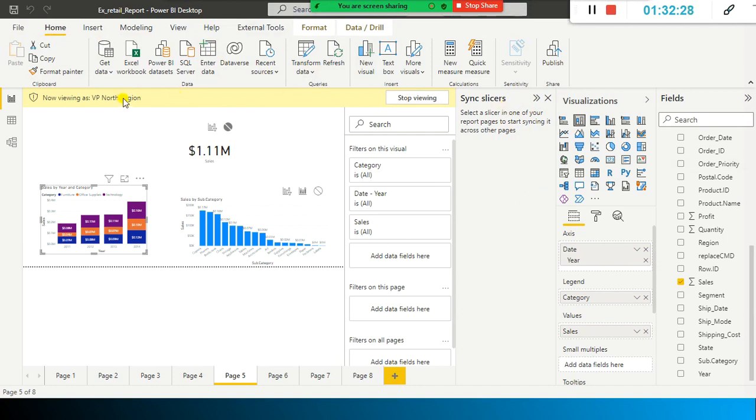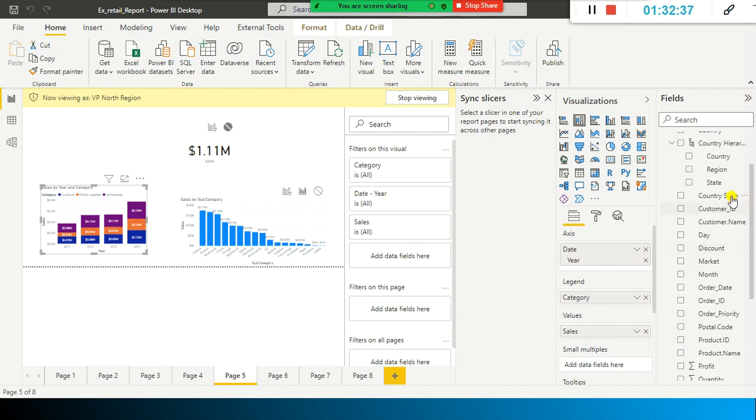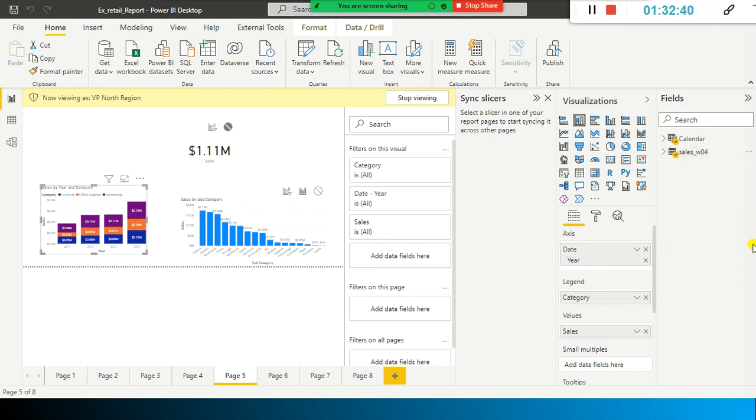Okay, and before wrapping up, we have something else called object level security. What is object level security? In this case, we have only one table. If you are using multiple tables, because of security reasons, you don't want the object, which is nothing but the table itself, to be seen, because it has critical information, highly secured information like credit card numbers and all the credit card related information. So very highly secure data. In that case, you can enable object level security. First of all, don't allow the users to view the sales table at all.